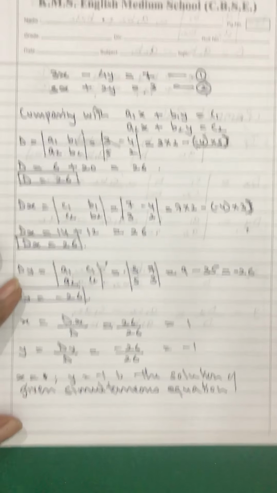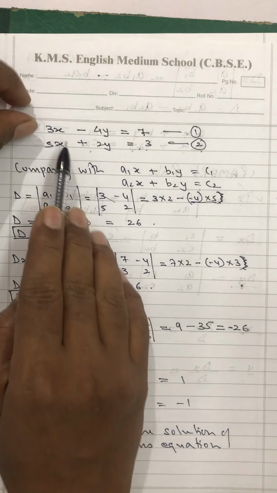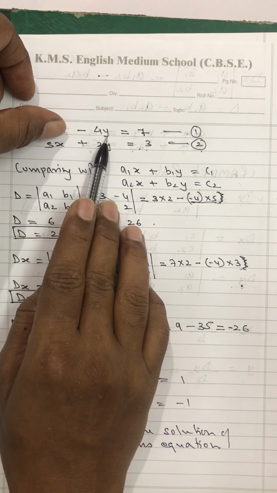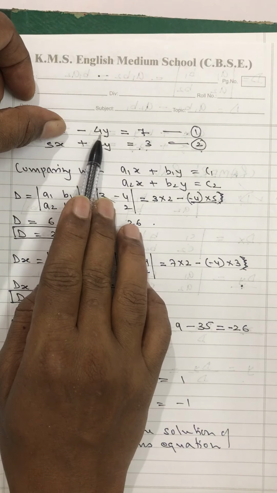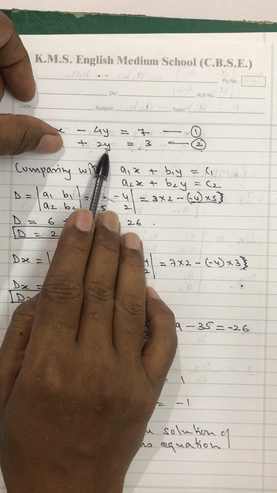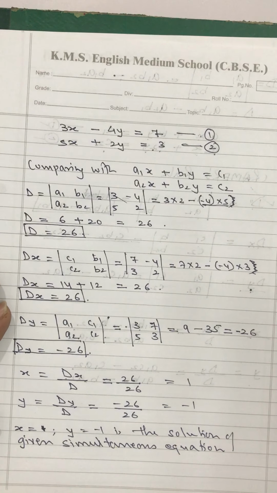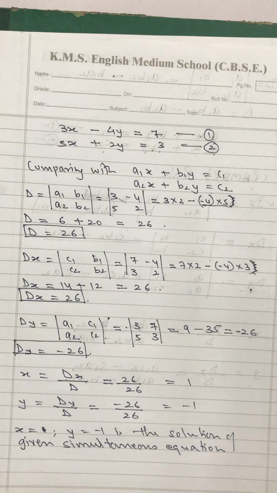I hope you are getting the meaning of this statement. The statement is meaning that if you substitute x is equal to 1 and y is equal to minus 1, you will get these values. See, x is equal to 1 will give you 3 1s are 3, minus 1 will give you plus 4, so 3 plus 4 will give you 7. X is equal to 1, y is equal to minus 1, so 5 minus 2 is 3. In this way you can counter check your answer also, my dear students. This is the meaning of the solution, and you have to understand this topic very nicely. Why it is called the solution.